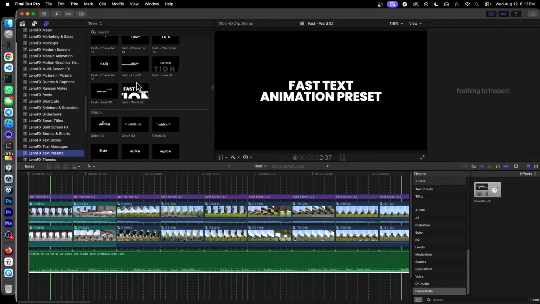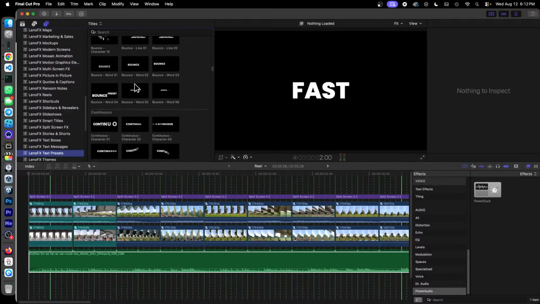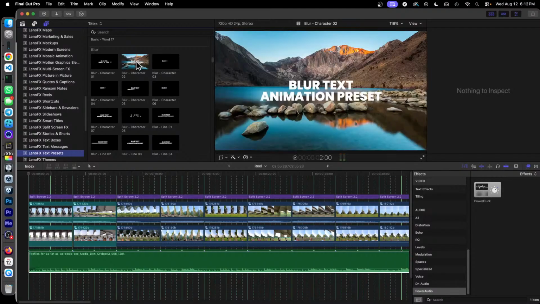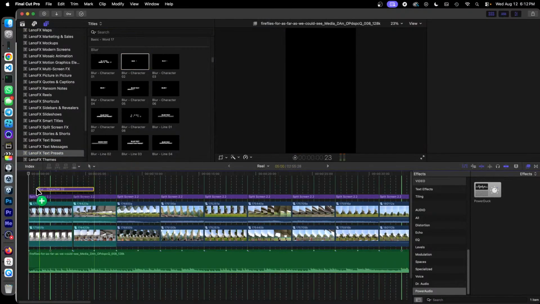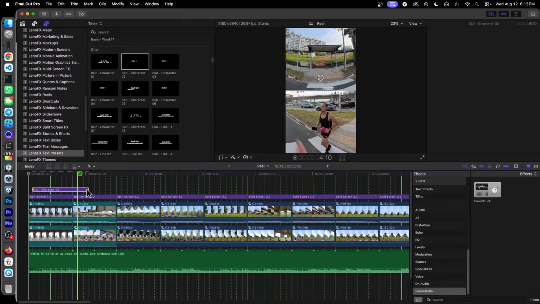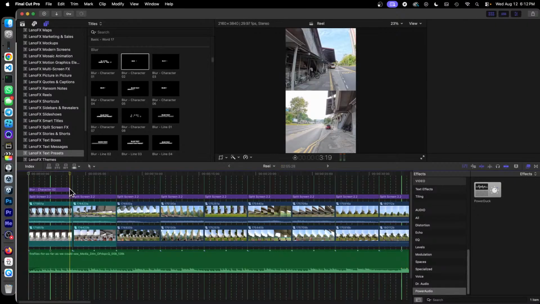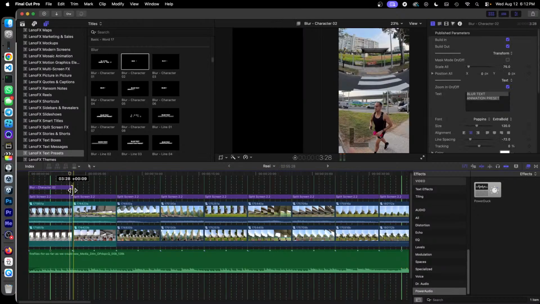Okay, it's not a preset. Okay, fine, I'll just pick one. Blur character 2, that will be it. So let's do a title here. Pocket to left. Let's call it